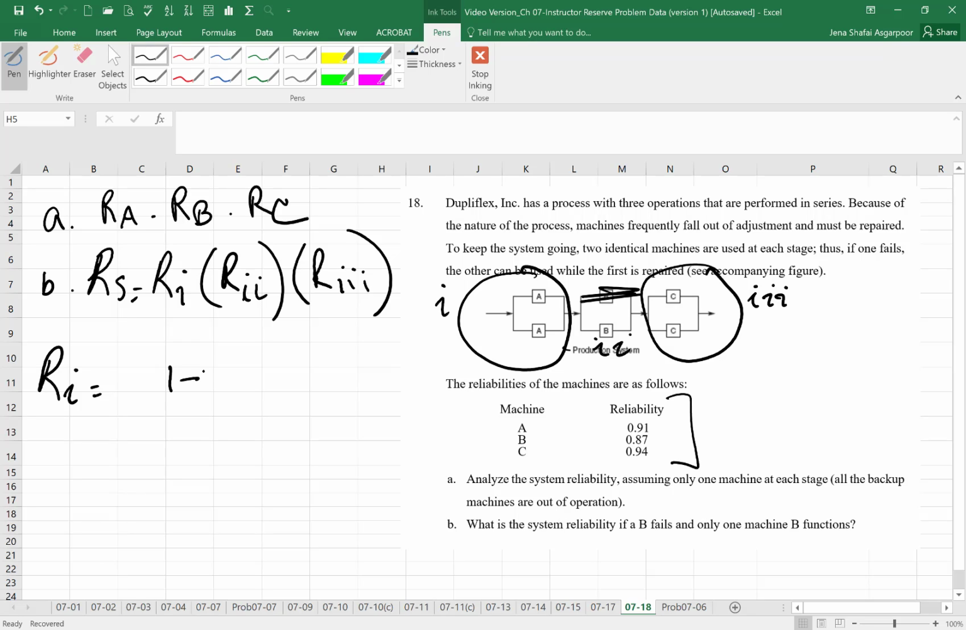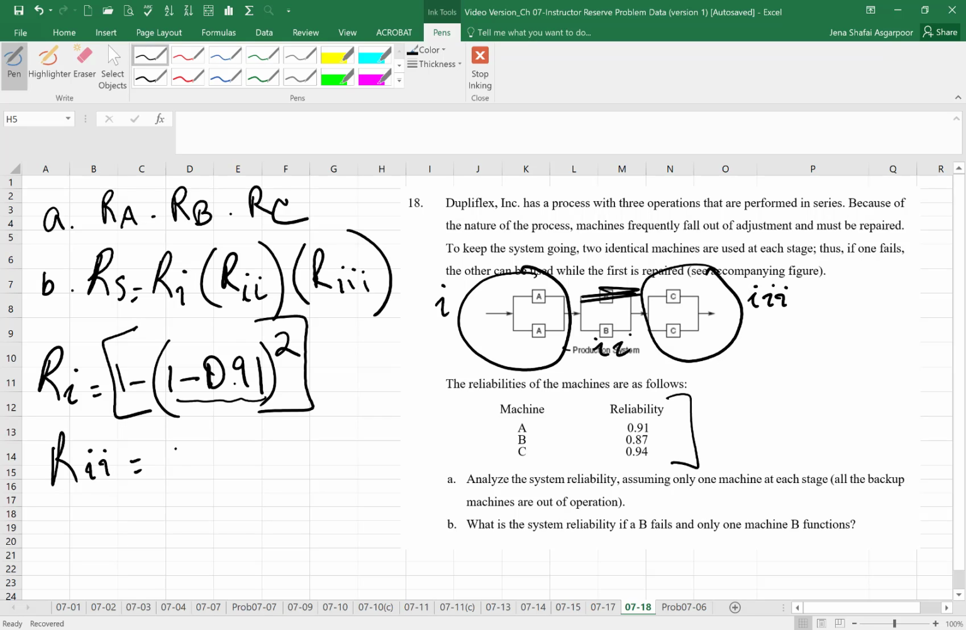for one of them. So that's 1 minus 0.91, because the reliability of A is 0.91. So 1 minus 0.91 is the failure of 1 A, but that must be squared because we have 2 of them. And then that's the failure, so 1 minus that is the reliability of subcomponent 1. And then we have reliability for 2, which is 0.87, since there's only one B that's functioning, and